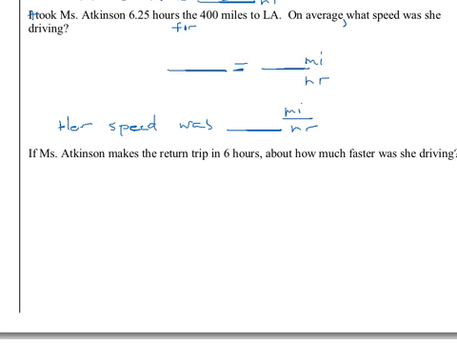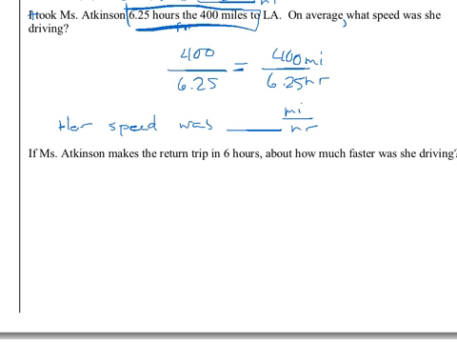The information given to me is actually already a rate, 400 miles per 6.25 hours. So all I have to do in this case is divide to find the unit rate. So 400 divided by 6.25. Move the decimal two places, both. This goes into 4,000 6 times, 3,750 is 40,000 and I get